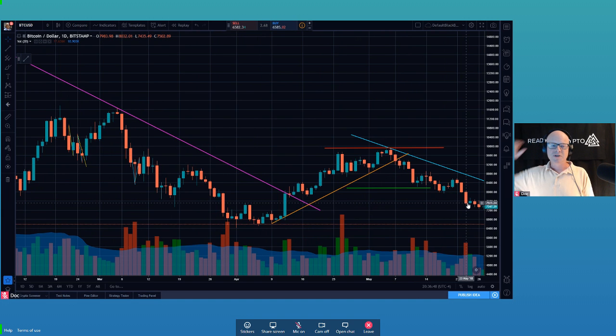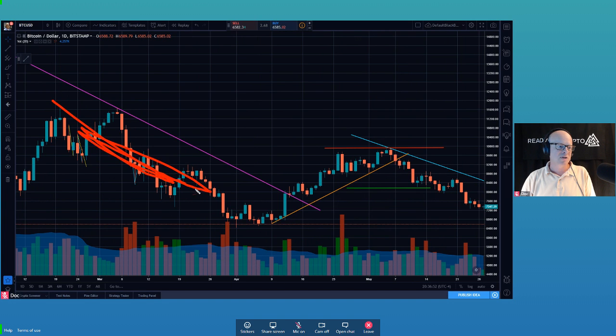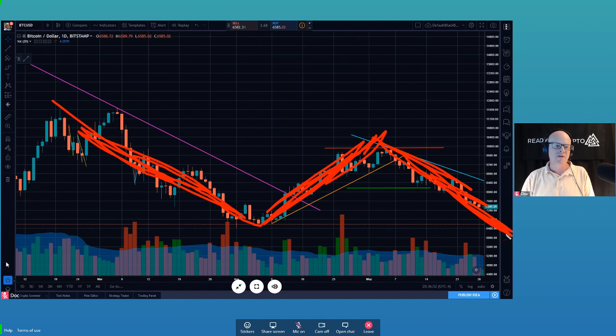That is, Daryl's absolutely correct. This is a lower high in the weekly chart. So if you were to overlay a weekly chart against this, you would see a swing down here, you'd see a swing back up again, and then you'd see a continuation of the downtrend like that.